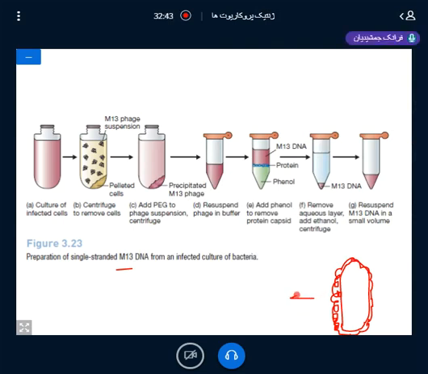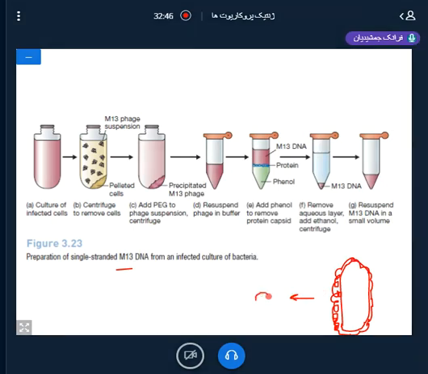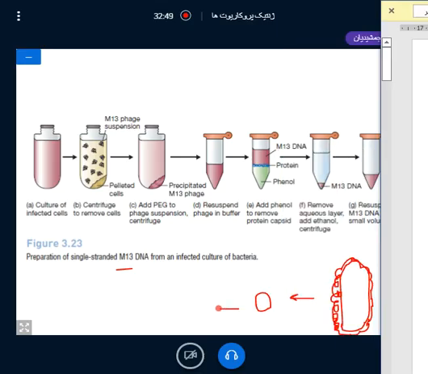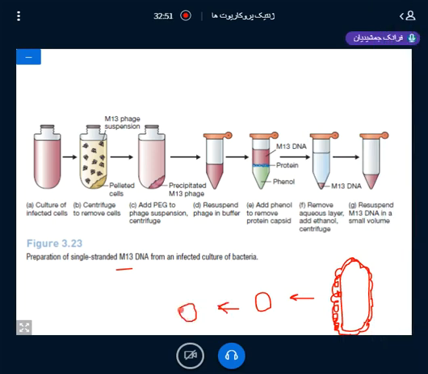Okay. The second was its DNA can be single strand DNA and can be double strand circular DNA. Do you remember? If we have double strand circular DNA, we call it RF form, replicative form. So we have two kinds of DNA. One, single strand DNA, and the second one is double strand DNA. So if we have the replicative form,